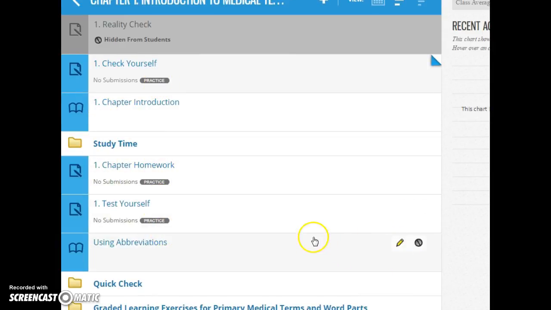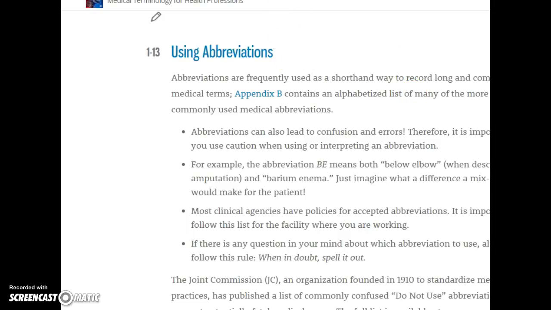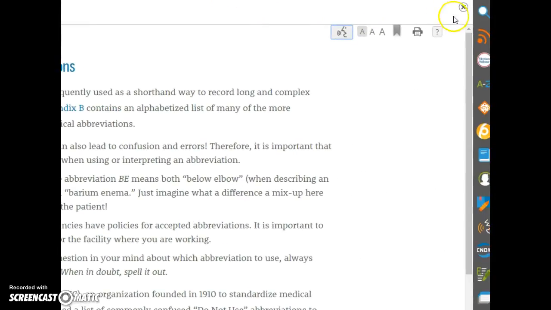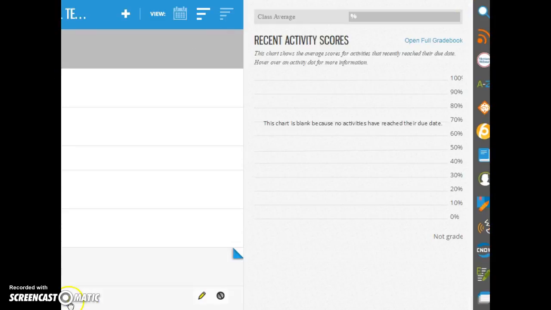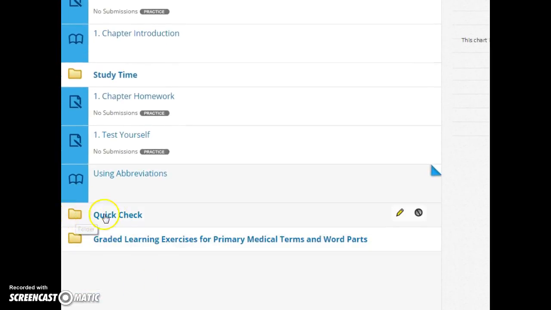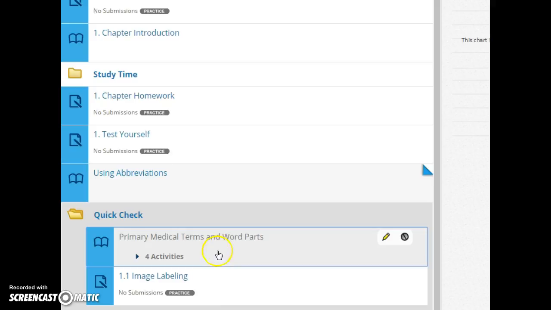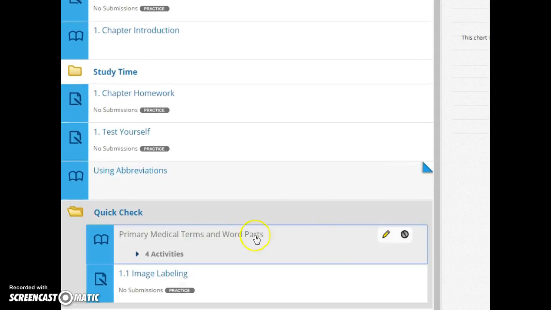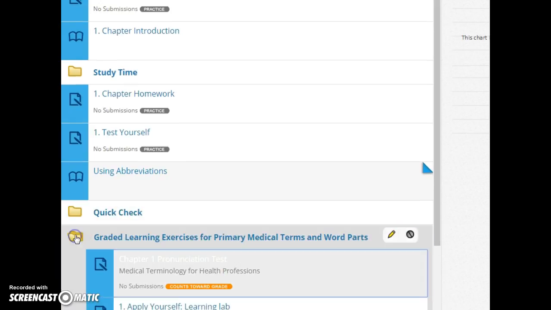And then as we scroll further down, you can go in and look at abbreviations. So every time you want to go into something, you just click on the box. You don't have to be right over the word, and then it'll go through things, okay? And so the one thing I want to bring your attention to is this last one. There's quick check, different types of things that you can do, but the most important thing that I want to bring your attention to is, and then you can just close that, the graded